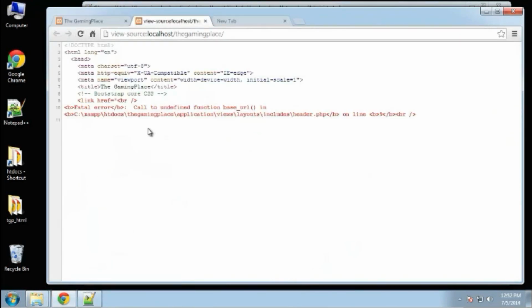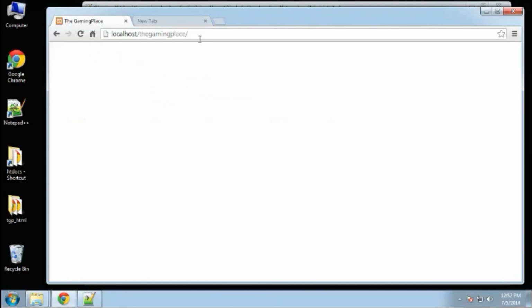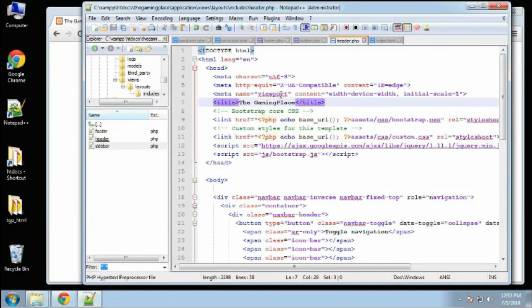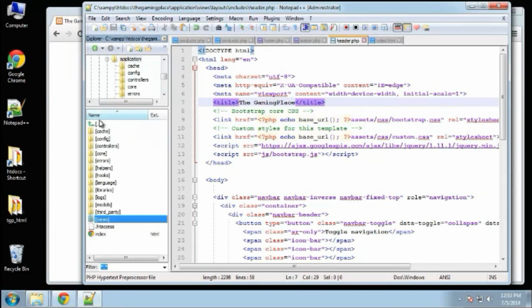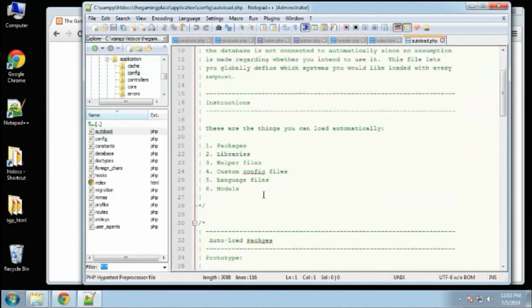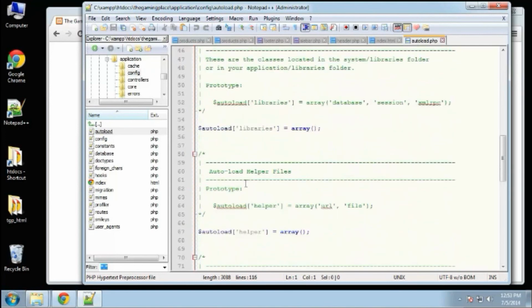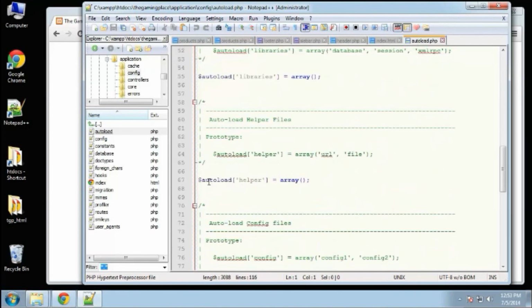Or not. Alright, so call to undefined function base_url. And the reason this is happening is we haven't loaded the URL helper. CodeIgniter has a bunch of helpers that we're going to use, but you need to load them. And I'm not going to load them manually inside of our controller. I'm going to go to our autoload config file, which is in config, autoload, and then down here, actually we have a bunch of stuff we want to put in here. So in this array, the autoload helper,